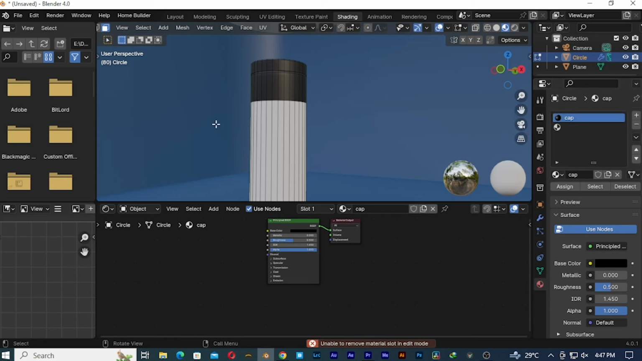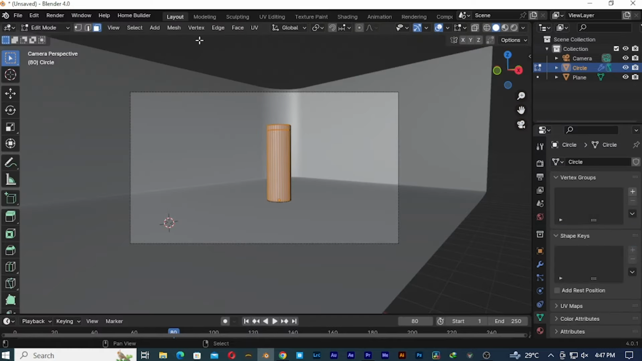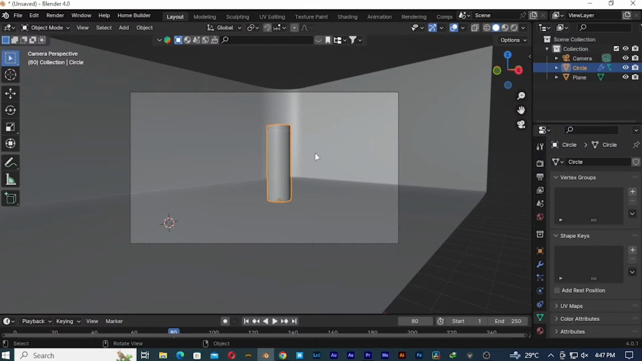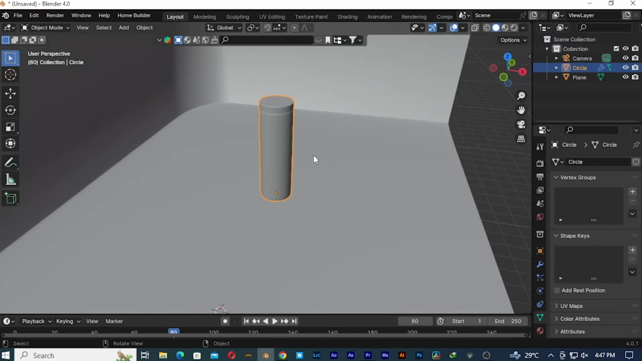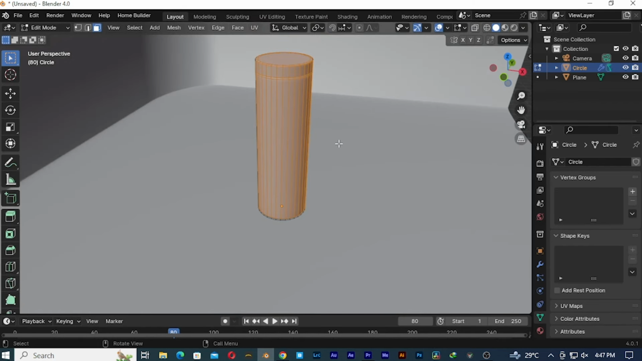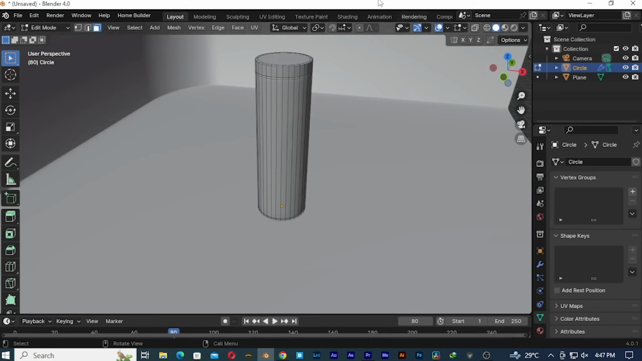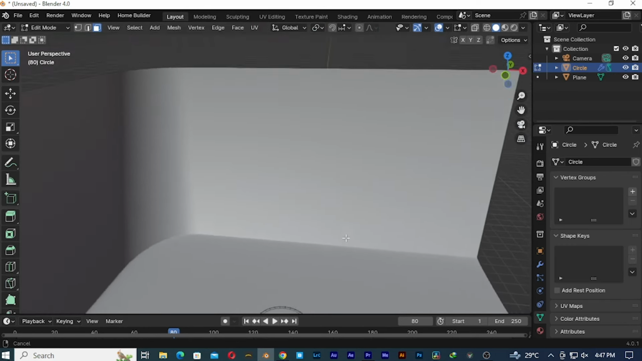If we undo the shading, if we come here and we ignore the shading for now. If we go back to our layout, press Tab, what we can do is actually press Tab again, come back in here, press A a few times to make sure nothing is selected, then go back here, and what we want to do is select